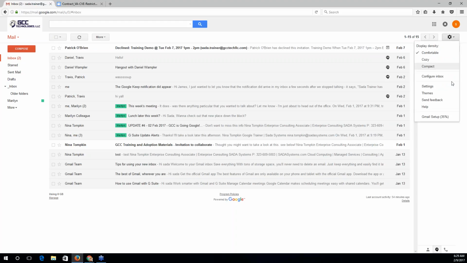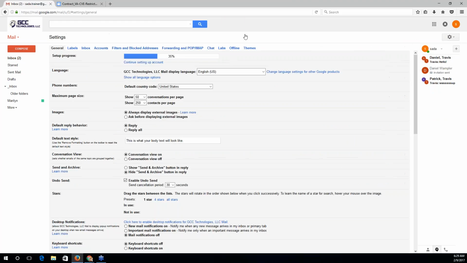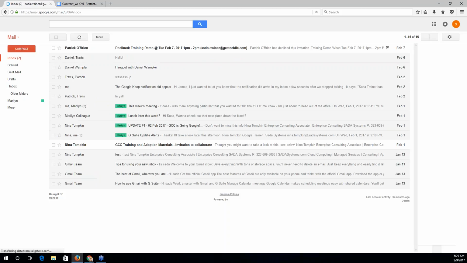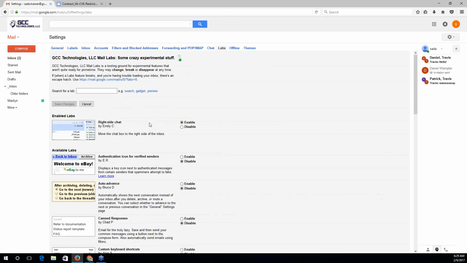Now, if you don't like this method, I'll quickly turn off right side chat to show you this, but I'll turn it back on. Okay. If you have enabled preview pane, oh, very strange. It's just not showing up. Okay, sorry. One moment. Maybe that just didn't save.